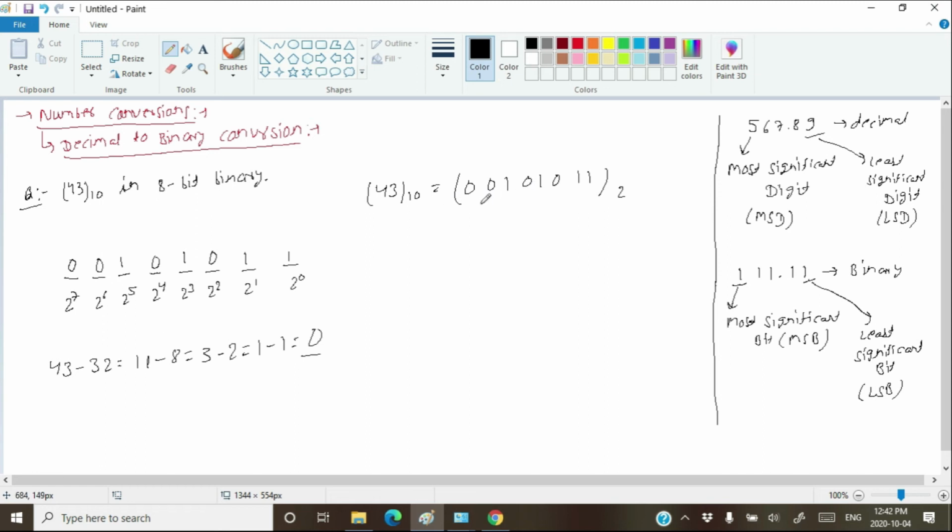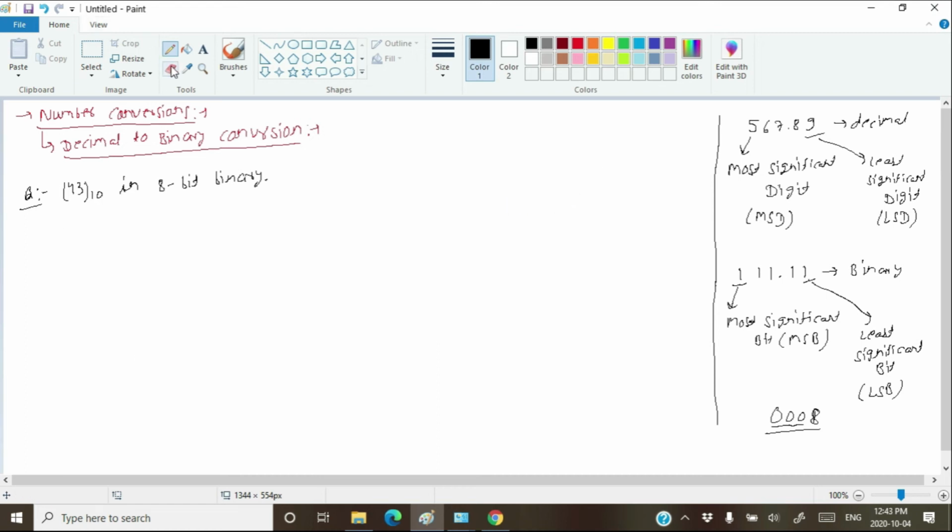Just like in decimal numbers, a 0 preceding the number does not add any value. Like if you write 0008, the number will be just 8. The preceding 3 zeros do not make any difference in the quantity. In a similar way, the preceding 2 zeros do not make any difference in the quantity, and the number 43 can be represented by just 6 bits.